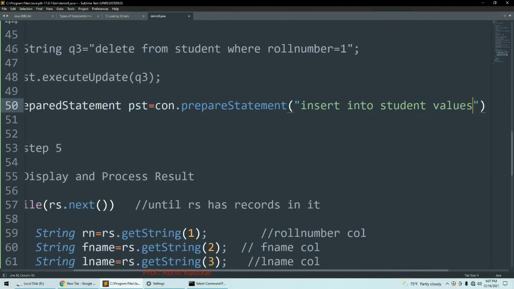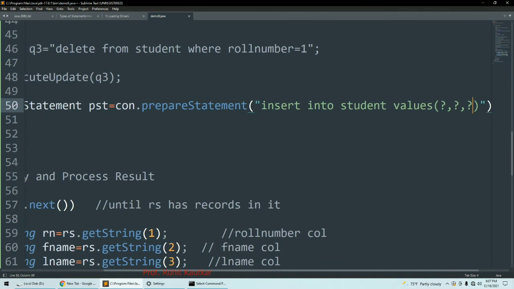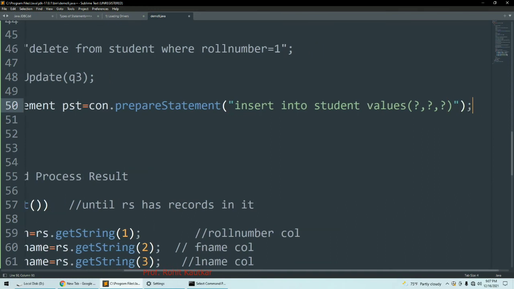Now how many columns do I have? 3 columns. So I will write question mark, question mark, question mark. This is my insert query.